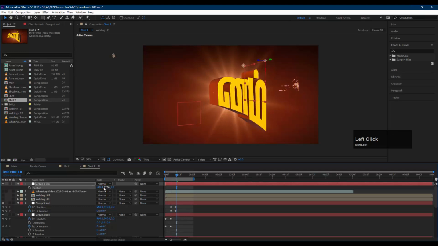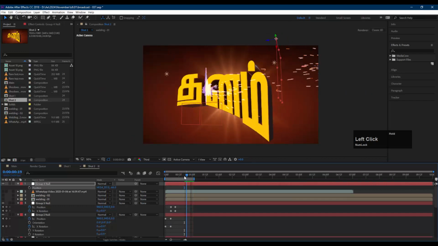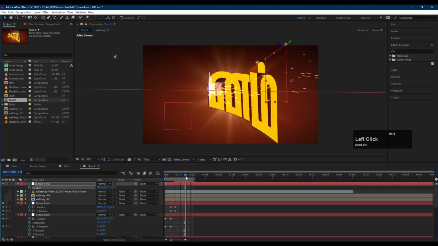Try to bring it here. Let's bring the Z value by something like this, and then just try to move it. So this is perfectly attached around now,